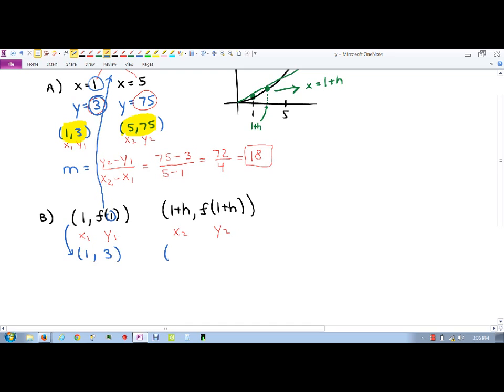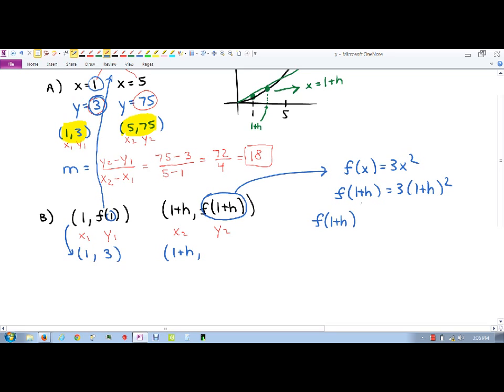Now the question is, what happens when we plug 1 plus h into the function? So we need to figure out what this is, and I'm going to do that on the side. Since f of x is 3x squared, that means f of 1 plus h is 3 times 1 plus h squared. Now, order of operations forces us at this point to do exponents before we do the multiplication of the 3. So I must do